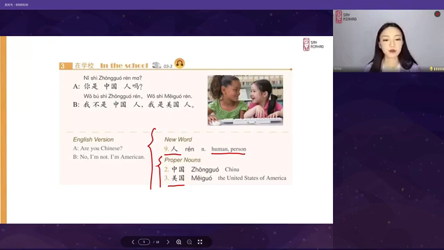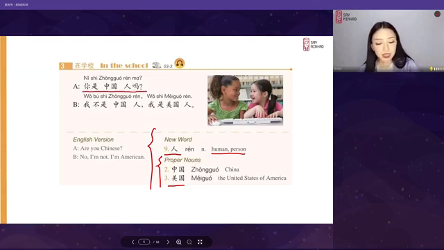Now let's try to read from the start, each for twice. 3, 2, 1. 人，人，中国，中国，美国，美国。Very good. Now let's move on to the text. I'm gonna read it and please pay attention to the pronunciation. 你是中国人吗？我不是中国人，我是美国人。